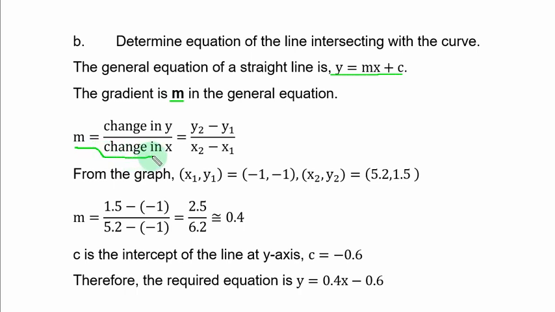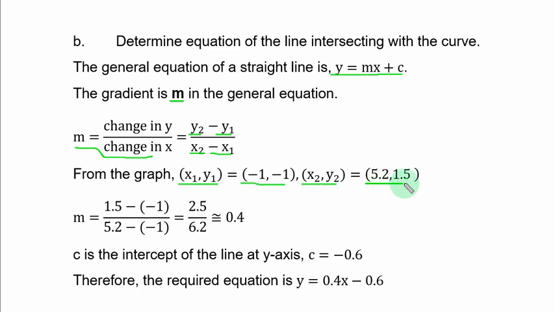Change in y over change in x simply means y subscript 2 minus y sub 1 over x sub 2 minus x sub 1. And I explained the first ordered pair, that is x1 y1, where you have -1, -1. I also explained the second ordered pair, x2 y2, and you have